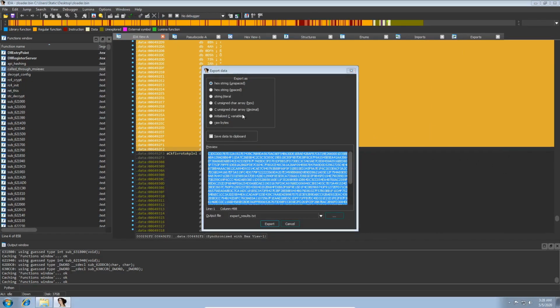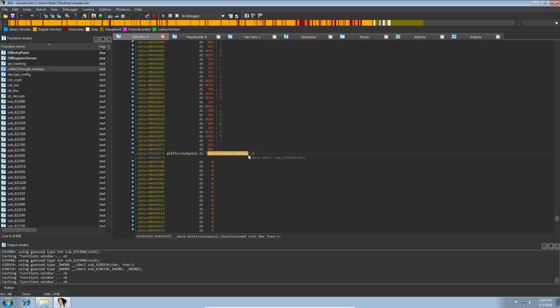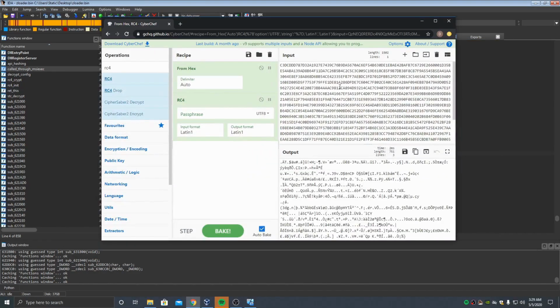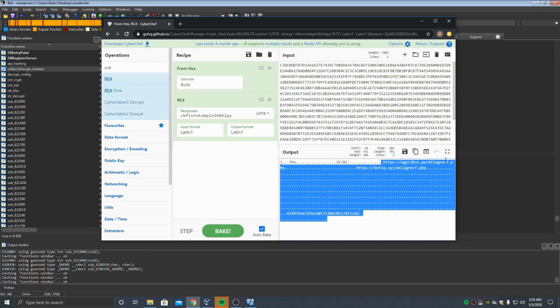Now we're going to jump back to the IDA instance and copy out this 20 byte key. Jump back over to CyberChef and paste this in. So immediately you can see that we now have URLs. We've got